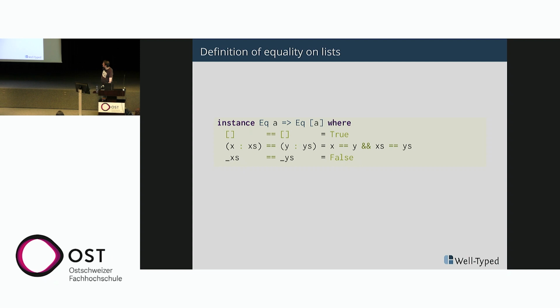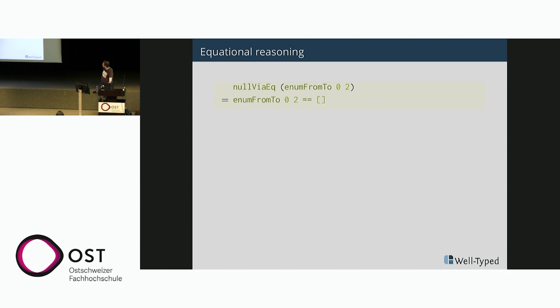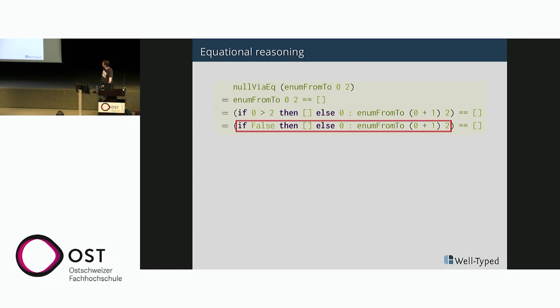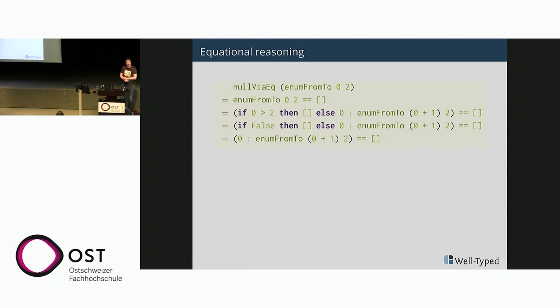And so we cannot reduce this if we don't know the top-level constructor of both arguments. So we have to reduce enum from 2, we get this, and that's something we've already seen. So 0 greater 2 reduces to false, then this reduces to this, and now we can reduce equality. And even though it's an infix operator, and that may hide it a little bit, that is the outermost